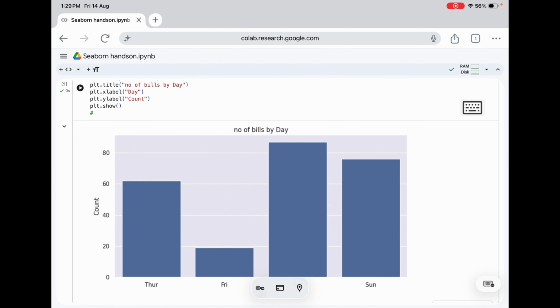Notice how simple this is. We are telling Seaborn that our data is in tips and that we want to count the values of the day column. Seaborn automatically counts how many observations belong to each day. So the mental model here is category is basically the count. So whenever your question is something like how many, a count plot can be a good choice.